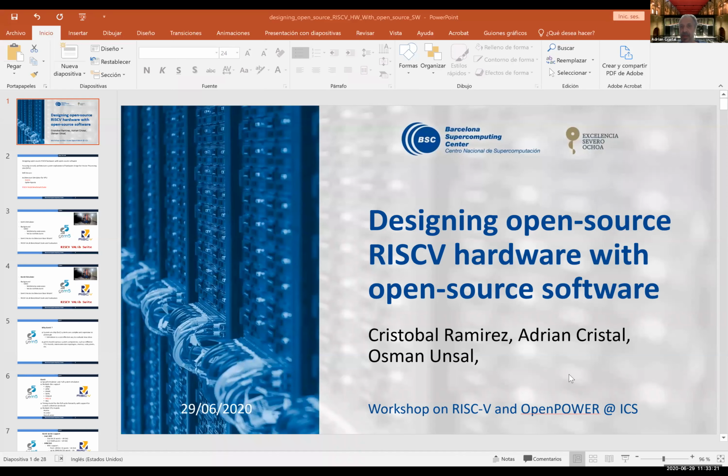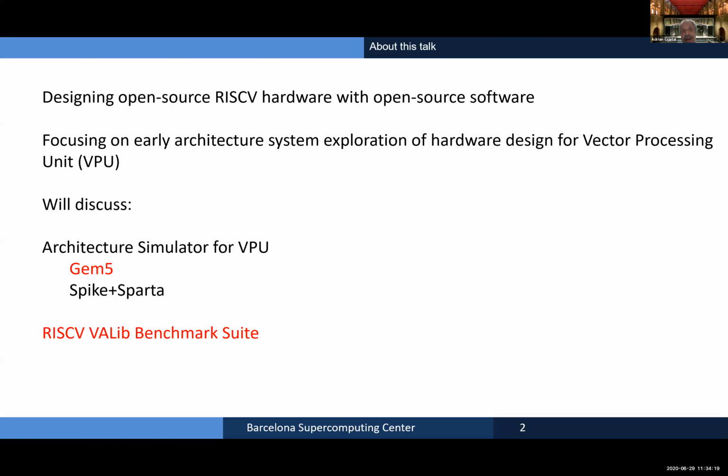So we will discuss first the architecture of the simulator VPU. And in this case, we are using gem5 as a base. Borja was talking about Spike+Sparta, and I think that there are two different approaches, and mostly the difference is maybe the detail at architectural level.